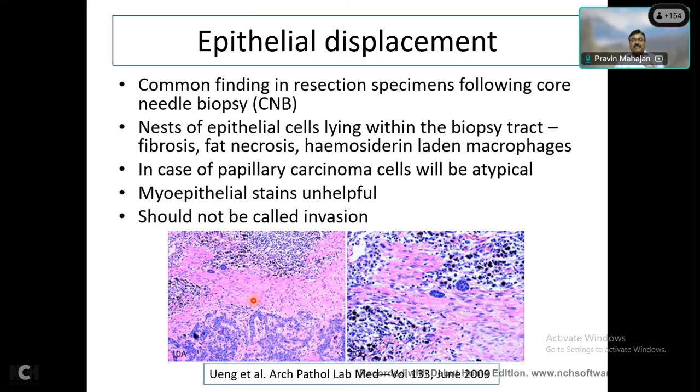That can pose a challenge when you are trying to interpret whether this is an invasive tumor or not an invasive tumor. But the needle tract can be identified by a few things. You will see fibrosis, fat necrosis, some collection of hemosiderin-laden macrophages, and some inflammation going on around. Within that, if you see atypical looking nuclei that are also degenerating,